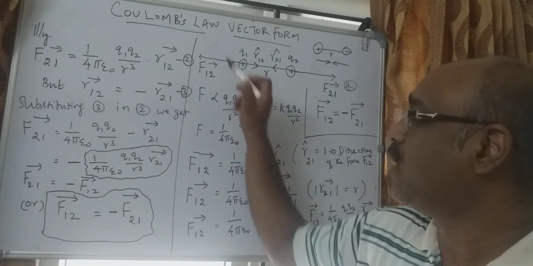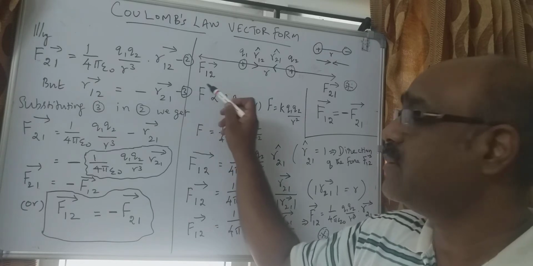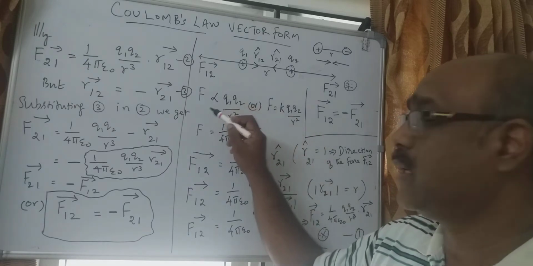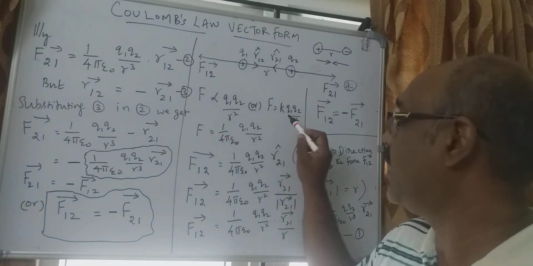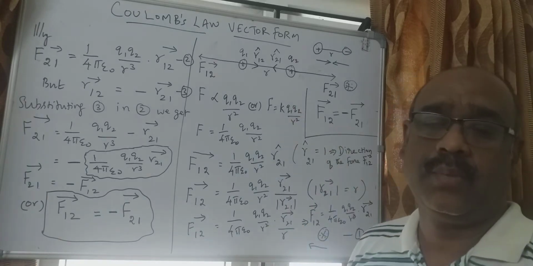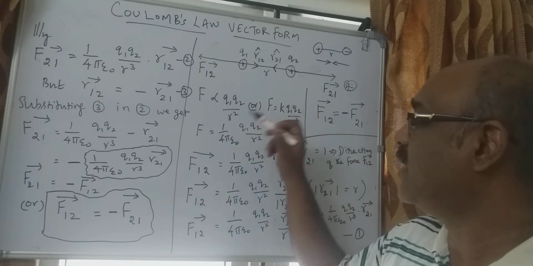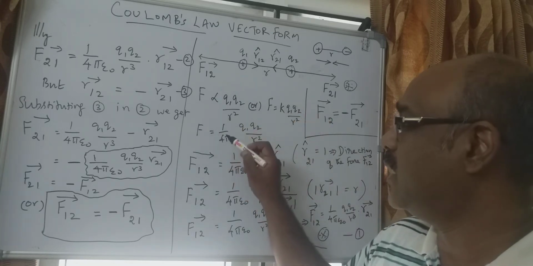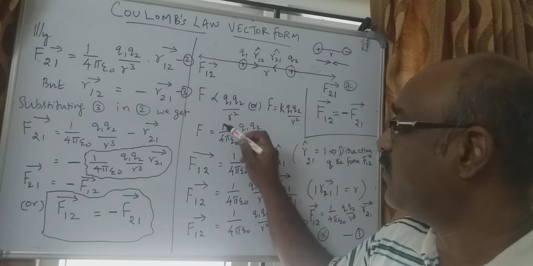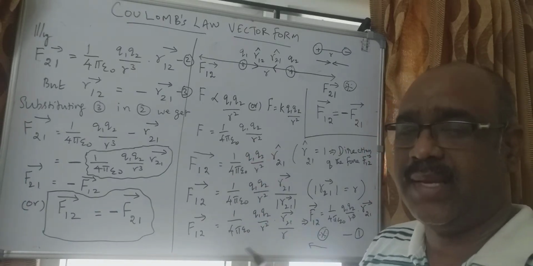Using this Coulomb's law formula, we can find the magnitude of the force, where the vector symbol is not represented here. So this formula can be rewritten as F is equal to K into q1 q2 divided by r square, where K is nothing but the proportionality constant. And again we can simplify this equation like this: F is equal to 1 divided by 4 pi epsilon naught, where the value of K is found to be 1 divided by 4 pi epsilon naught. Here epsilon naught is the permittivity of the free space.